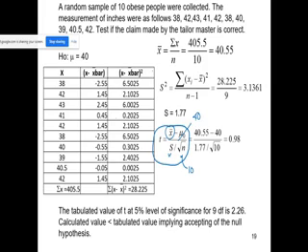We calculate summation x. So summation x is 405.5. We calculate x bar using this formula. After obtaining x bar, next I calculate x minus x bar. So 38 minus 40.55 is minus 2.55, 42 minus 40.55 is 1.45. Like this we compute,